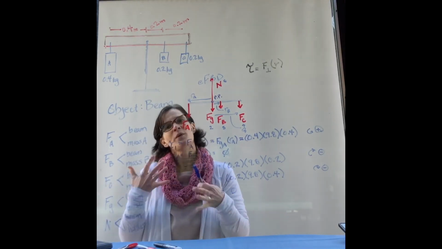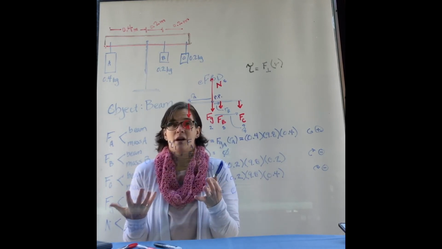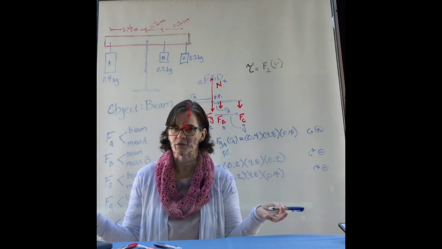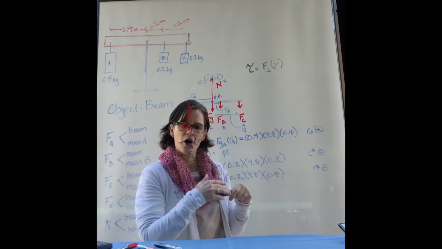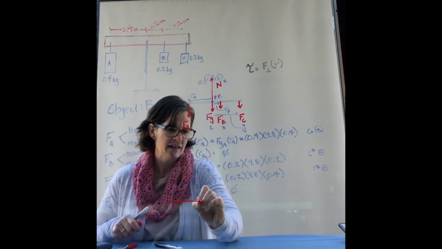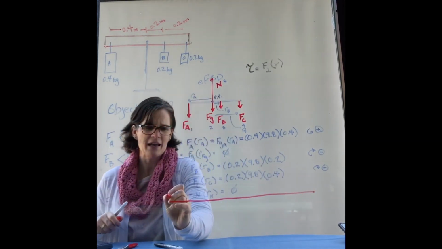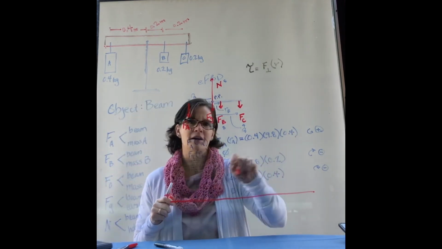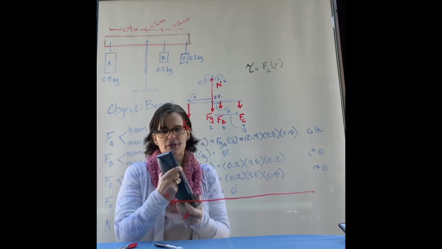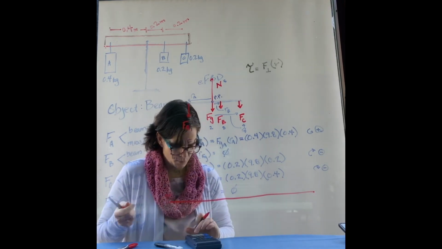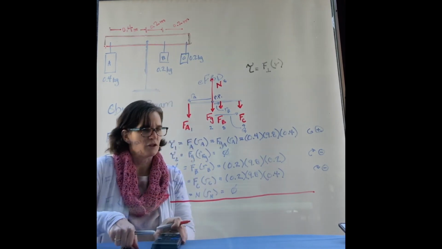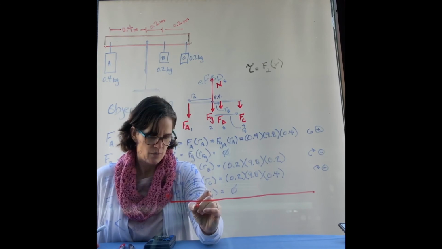Okay, so if we want to know what this object is going to do, it's really the net torque. All the torques acting on it cause the object to rotate, or change its rotation. So we have to add all of these torques up. All right, so we're going to do just an algebraic sum considering our directions. So I'm going to put these values into numbers. We have 0.4 times 9.8 times 0.4. So the torque exerted by object 1 is